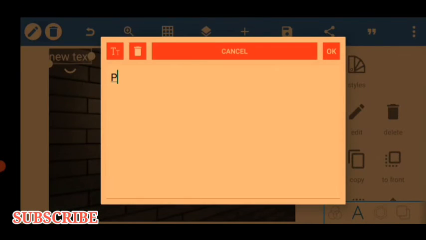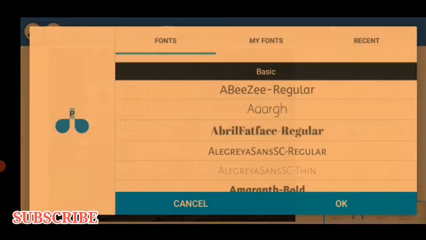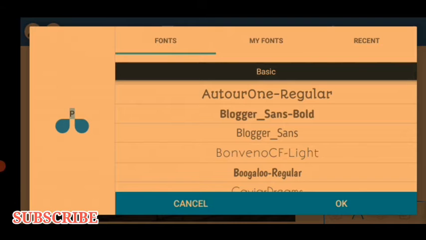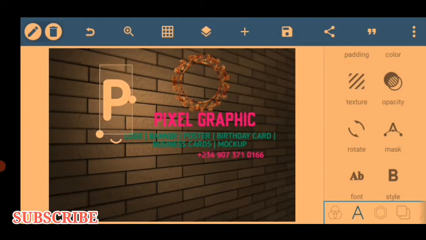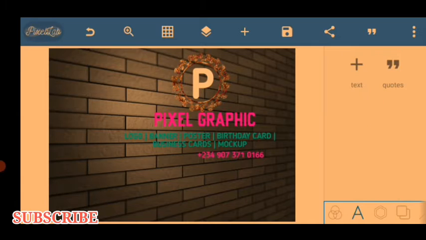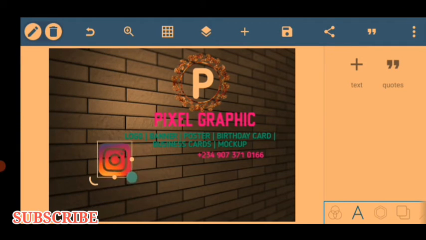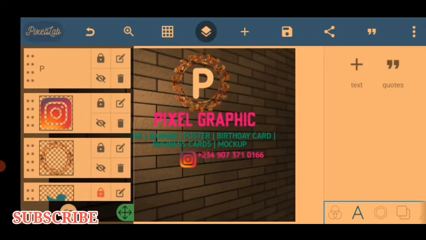P. And then first increase the size and then change the font. Then try to place it at the middle of your stuff here. Okay, and then we still need the other logos, which are the social media logos. And the next one,